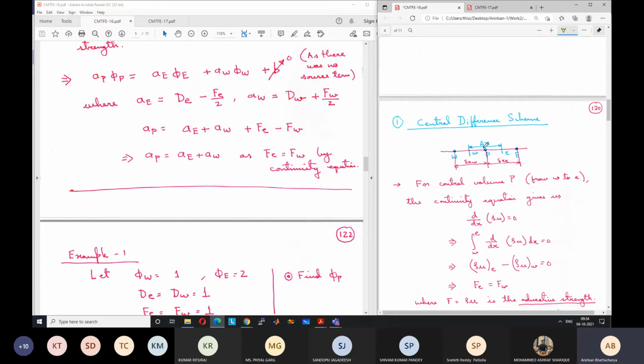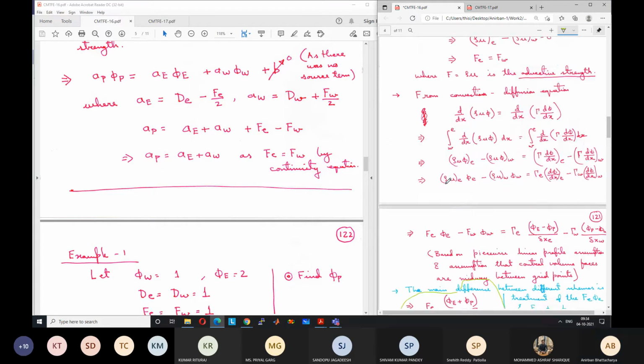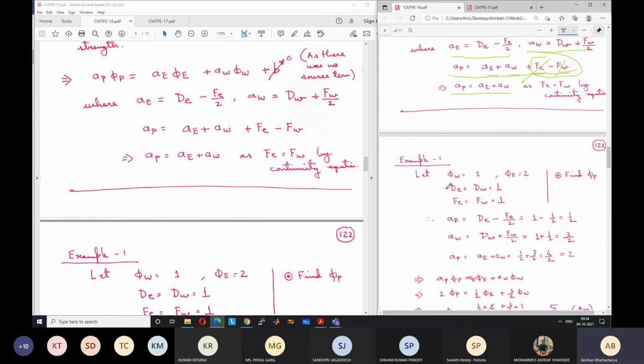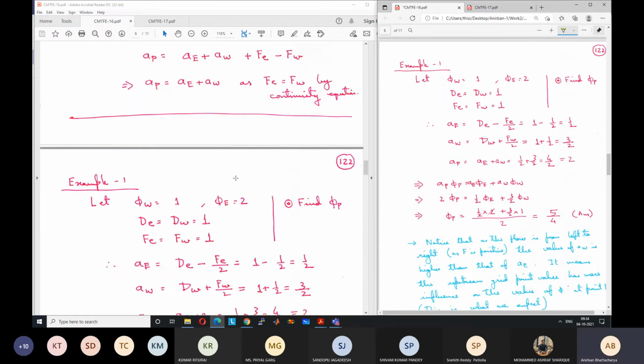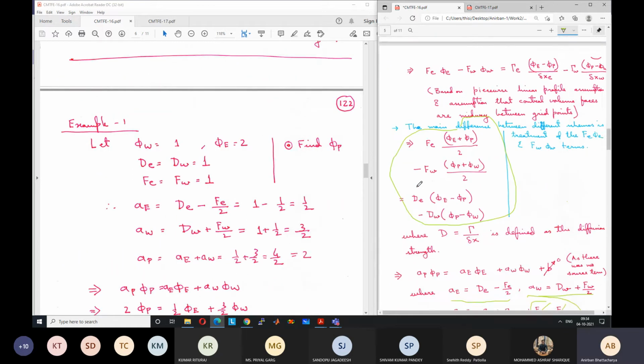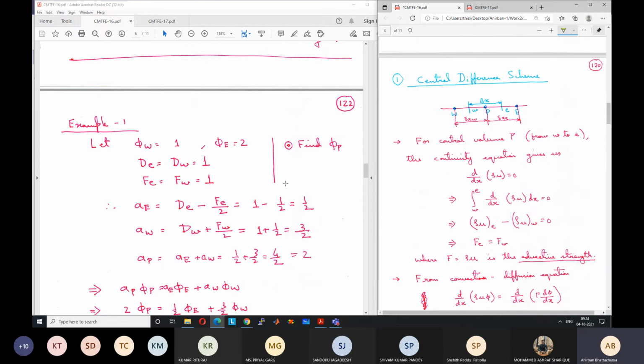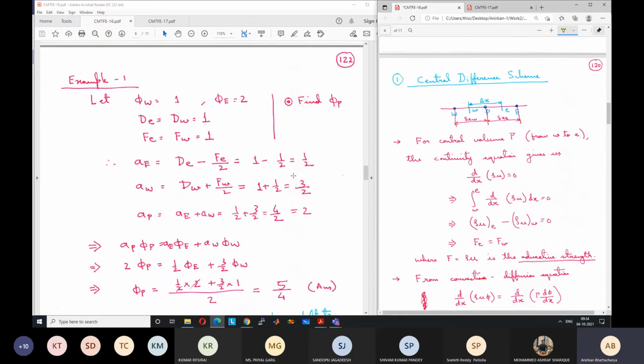If there is a 2D problem, this will be ij, I plus 1 j, I minus 1 j, I plus half j, I minus half j. So in the program, you have to write like this. But otherwise, this is also a standard practice. Let us take a look at an example. Again, those who have done the CFD course with me are familiar with this.